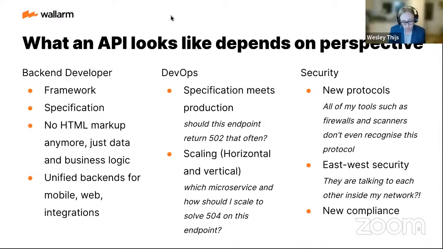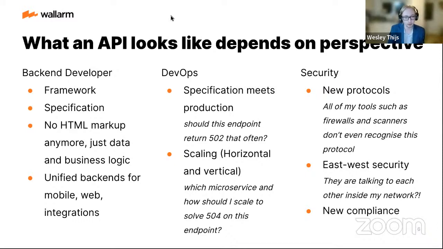They're also, of course, when new compliance comes out, a security engineer is very worried about that. They have to be in order with that new compliance, but they also have to check new devices for that new compliance as well. So that's what keeps security engineers up when they think about APIs.